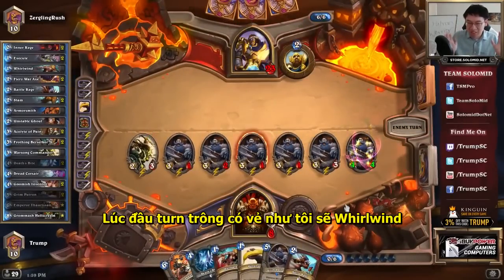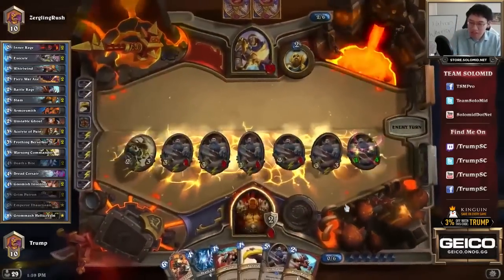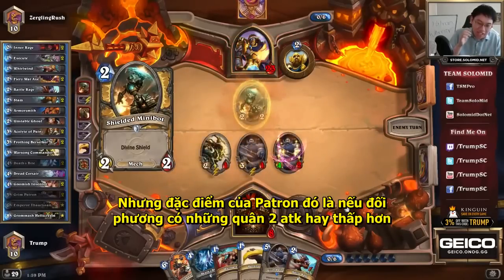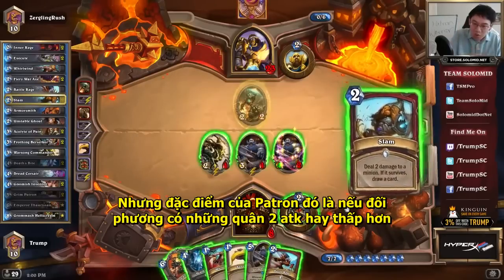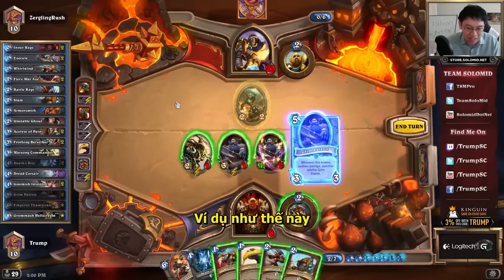It seemed like I was going to Whirlwind at the beginning there, but as it turns out, if you have... One of the big things with Patron is if your opponent has anything with 2 or less attack, your full health Patron will just split indefinitely. And that's one of the really cool things about the Patron. For example...